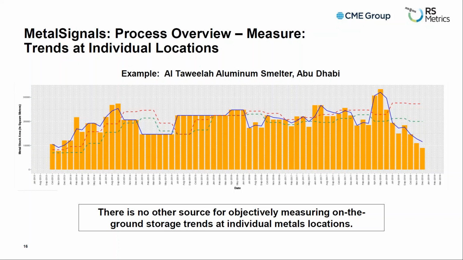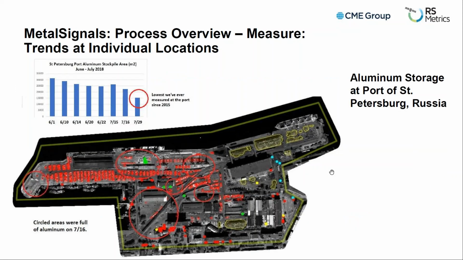So they can be grouped together, compared, put into indexes, which we'll show in a moment here. So just another example of an individual location. This is the St. Petersburg port in Russia. This was interesting last year because of the Rusal sanctions, and there were questions if this port was going to be